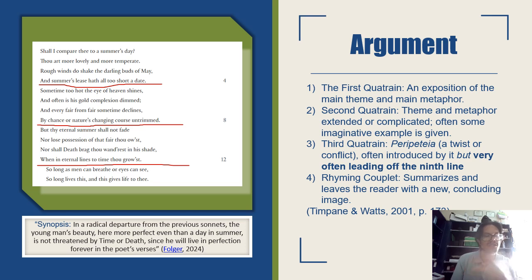And so Shakespeare says, hey, you're welcome. I captured it in a poem. I got you, boo, right? Okay, so